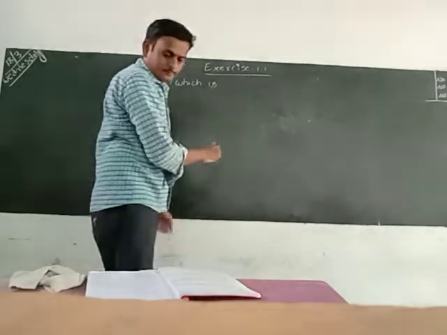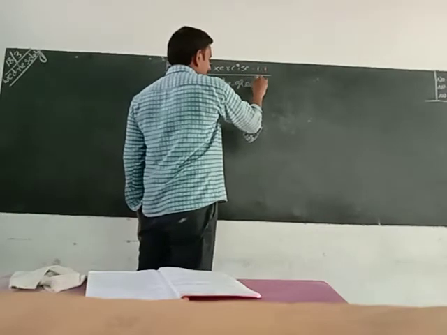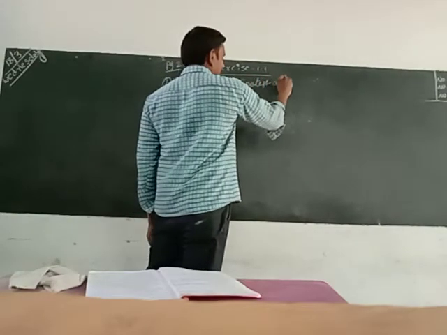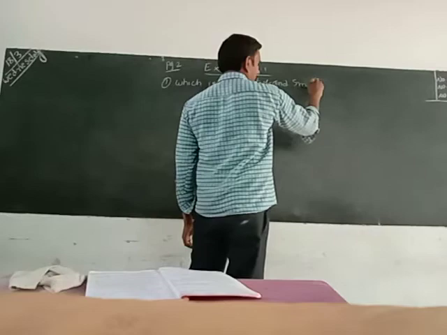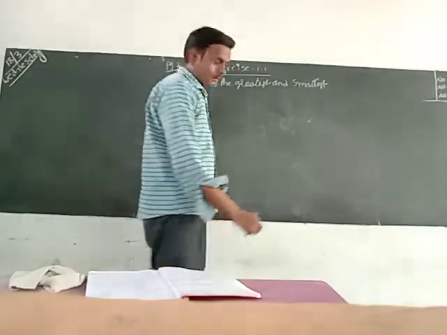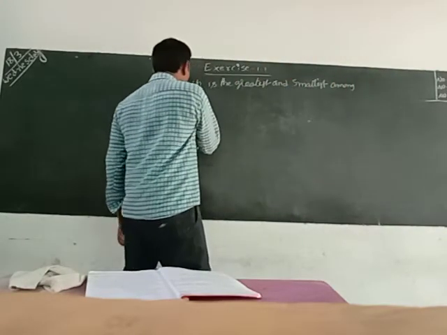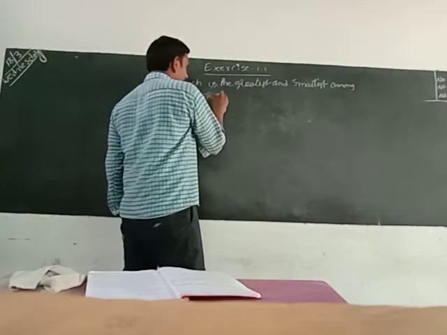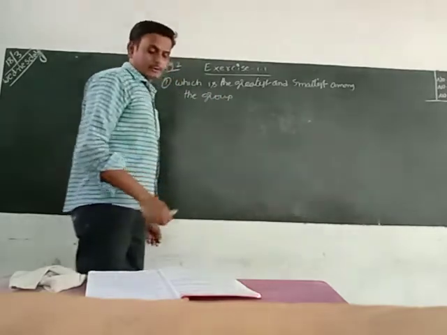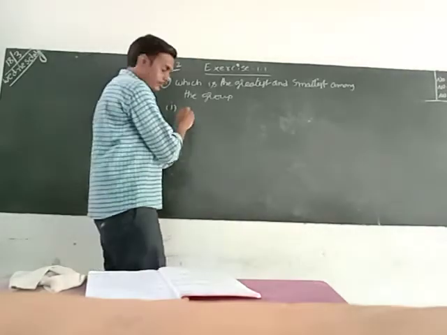Which is the greatest and smallest among the group? Okay, one group is given in the question. Which is the biggest? Which is the smallest? I want to write. First number is